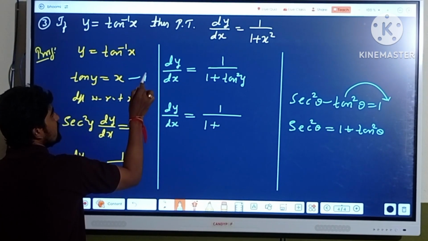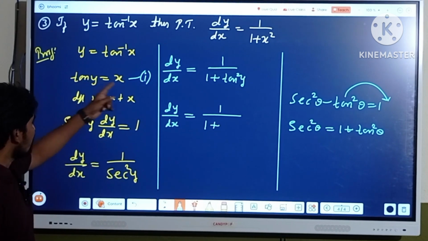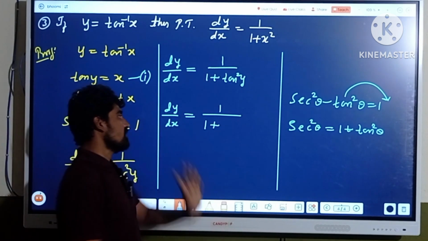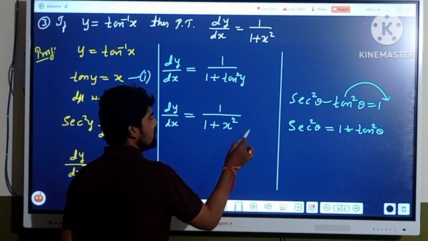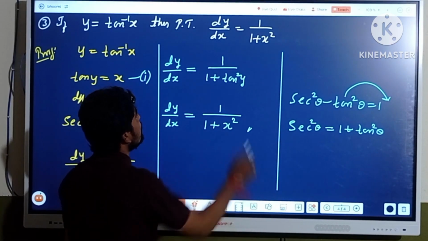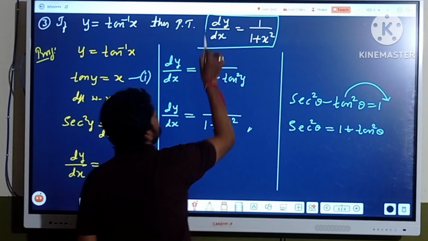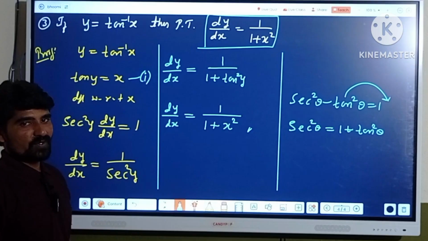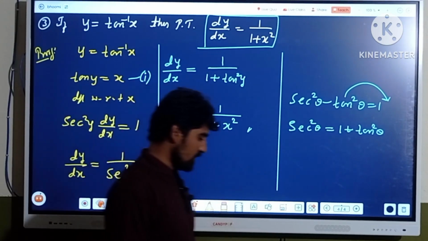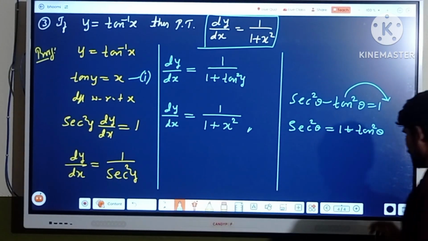So from this equation number 1, if tan y is x, definitely tan square y is x square, and this is the derivative of tan inverse x, 1 divided by 1 plus x square. I hope all of you are understanding. Now the fourth one,